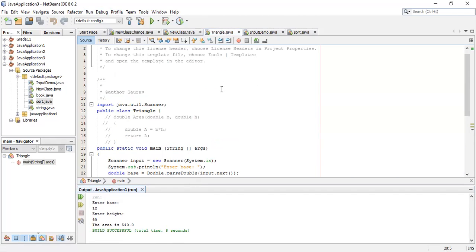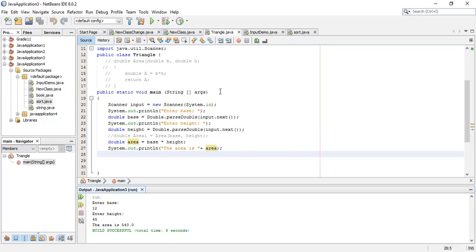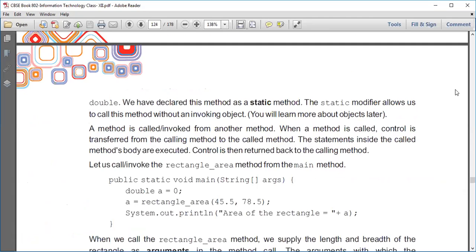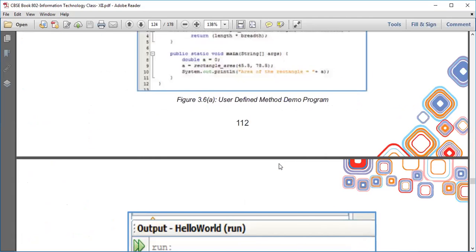Fine. There are some things which we haven't done here, so I'll just rectify this program and then we'll talk about this later on. इसमें कुछ चीज़ें अभी मिसिंग है, जैसे मेथड हमारा रन नहीं हुआ. चलो, anyhow, the next thing we need to do is